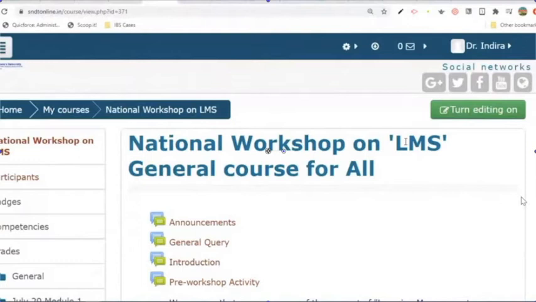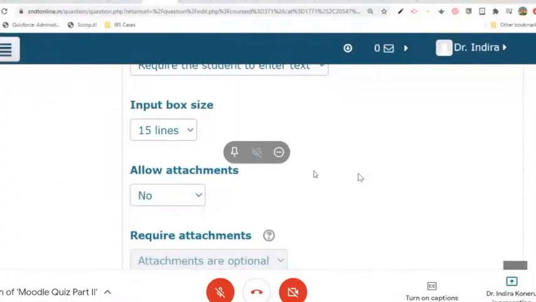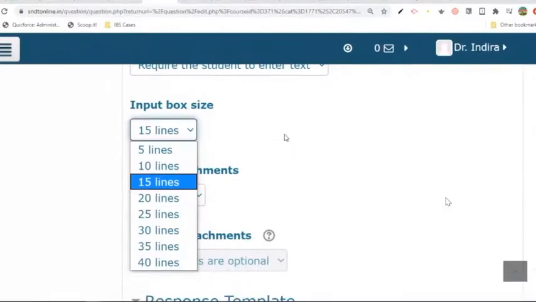So this is the space provision for students. Sometimes what will happen, students in this online, because it's completely online, some of our faculty members expressed, they may need to work out on a paper. Then how can we enable that attachment? After importing, you can click on edit of this essay question. Moodle allows us, click on expand all, allows us to enable. Yeah. Here we have by default no attachment, under allow attachment. If you want to increase the input box size also, after importing you can edit, depending on the questions.